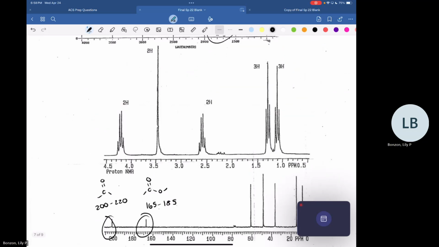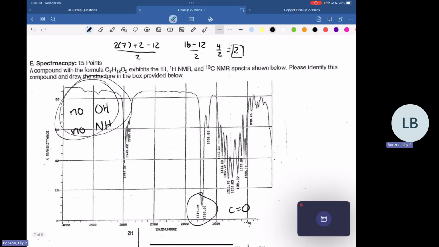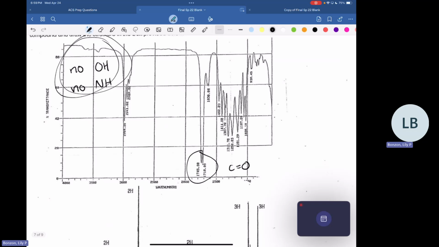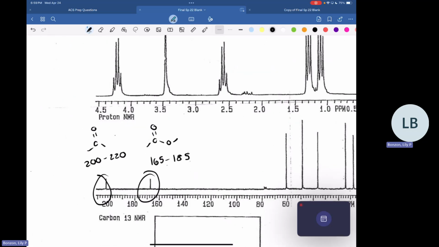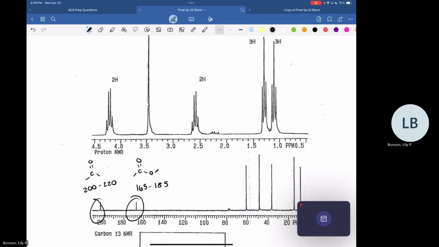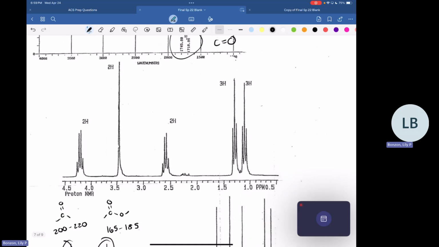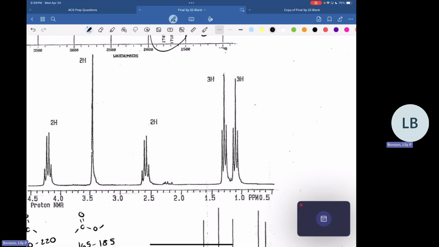Right. And so that would take up all of our unsats. So we know that those are going to be our unsat numbers. We're not going to have any alkenes because we have these 2 peaks telling us these carbonyls. So we know that that's going to be where our unsats go to. And then looking at the proton NMR, I like to start from right to left, but you can do it